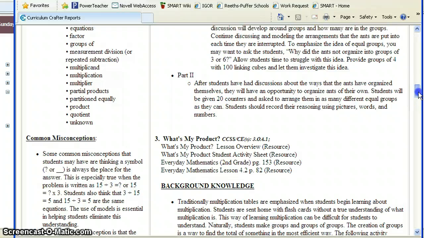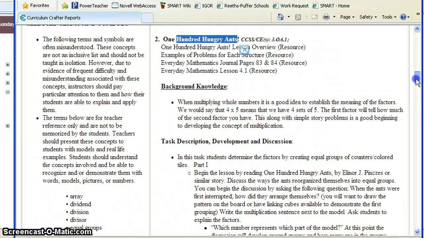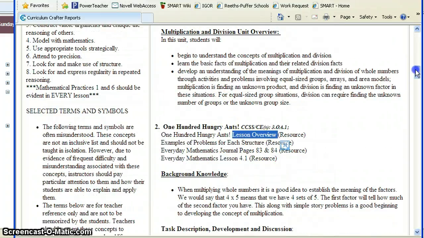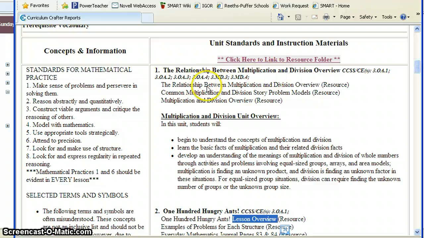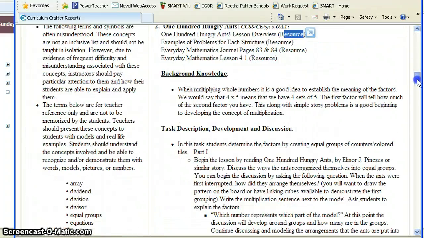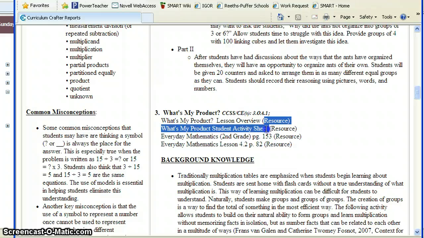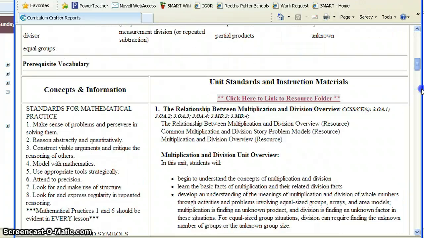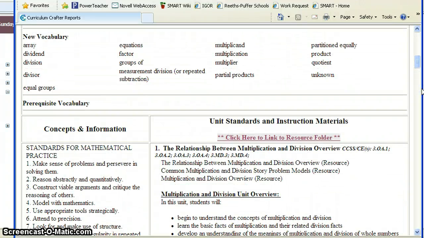Now, that doesn't look like there's a whole lot there. That is because we really haven't looked at the full lesson overview. So what we need to do is we're going to go up here, we're going to go into this link here to find anything that says resource on it. It doesn't matter what lesson we are in, the resource folder will house all of these. So right here at the end. Let's take a look at what we will find in the resource folder. I'm going to click here to the resource folder. When that opens, it's going to provide, if I actually click on it properly,